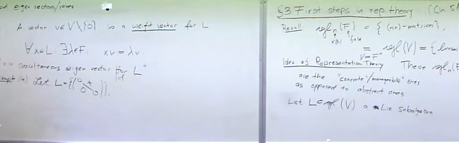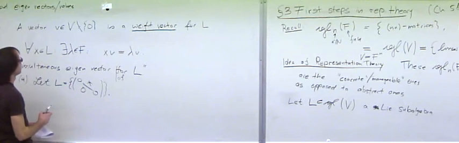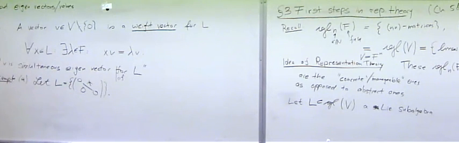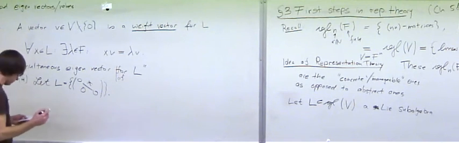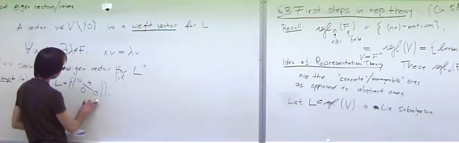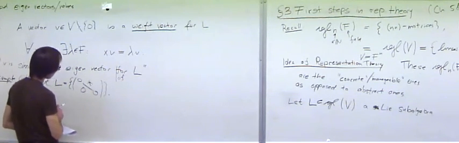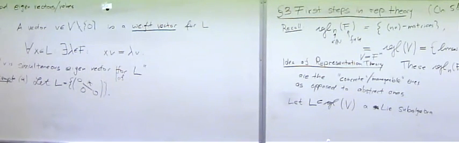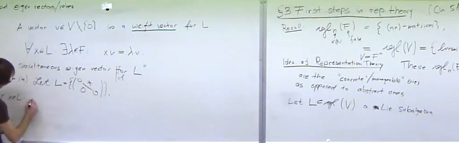So I think we already saw maybe several times that this is indeed a Lie subalgebra of GLN. And I claim that En, the last standard basis vector, is such a weight vector. Well, let's just calculate it. If X is an element of the Lie algebra,